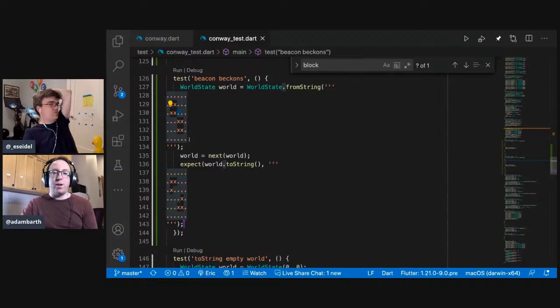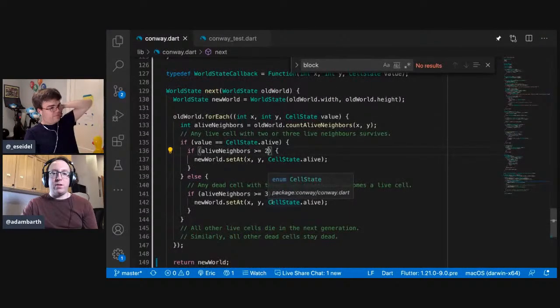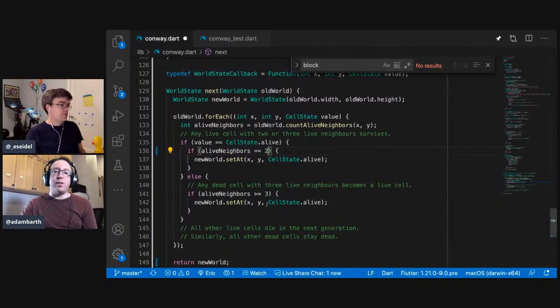It has 4 alive neighbors, right? Why is it supposed to die? So if you go look at your logic here, the comment says any cell with 2 or 3 alive neighbors survives. Oh. Okay. So the story explanation for this is if there are too many around, then it's overpopulation in the cell.